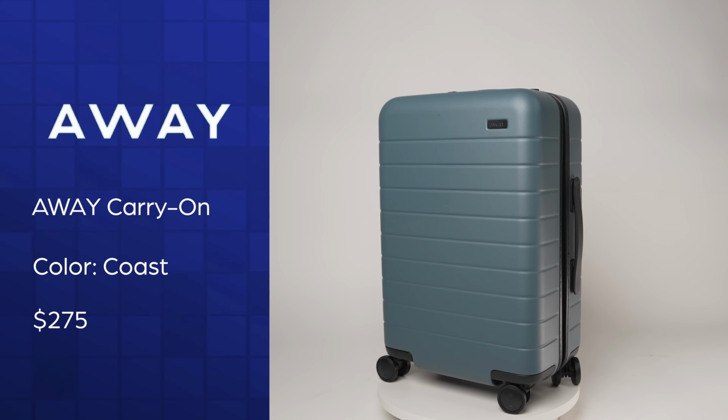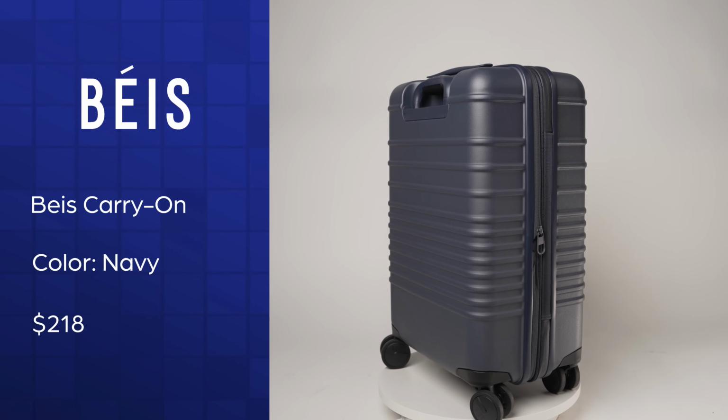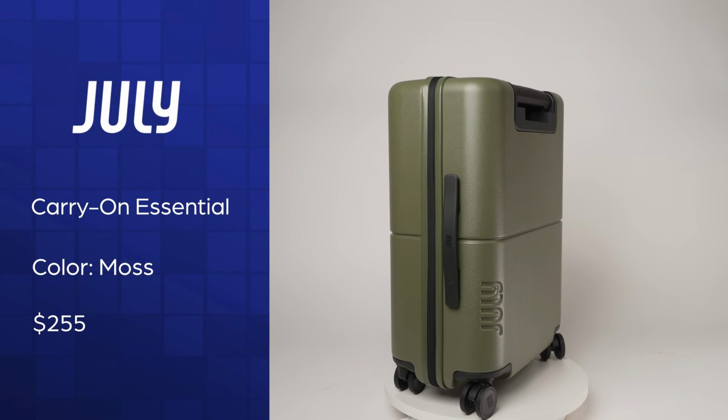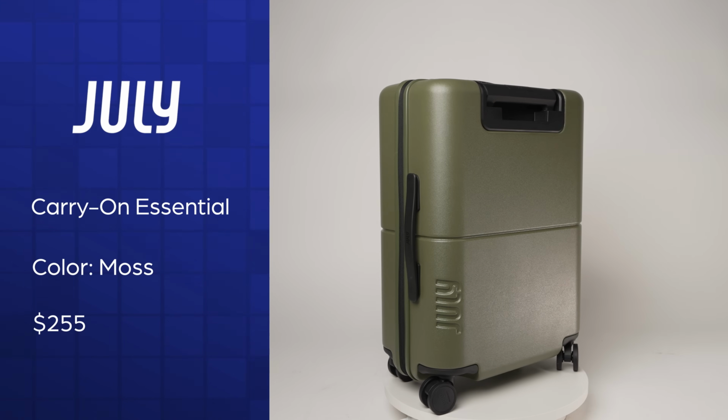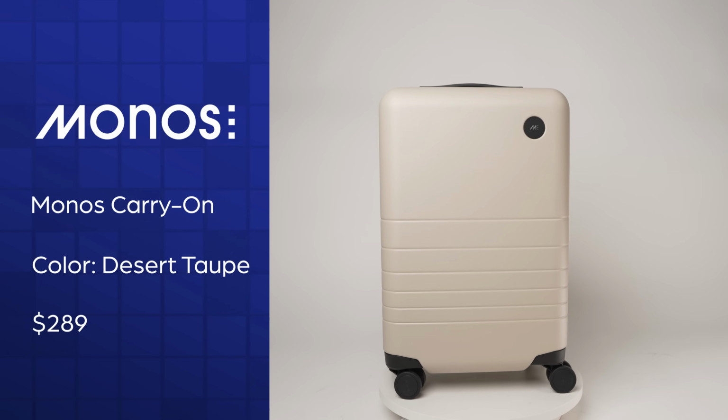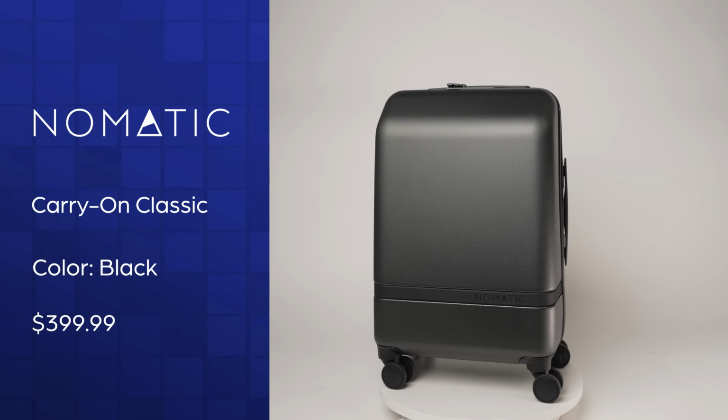Today, we're gonna be comparing 7 of the best pieces of carry-on luggage. Here's a look at each bag we're gonna cover today. The Away carry-on in the color Coast, the Beis carry-on in navy, the Calpak Hue carry-on in black, the July carry-on Essential in moss, the LEVEL8 Textured Carry-On in white, the Monos carry-on in desert taupe, the Nomatic Carry-On in